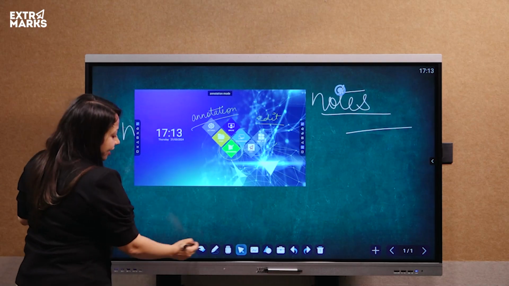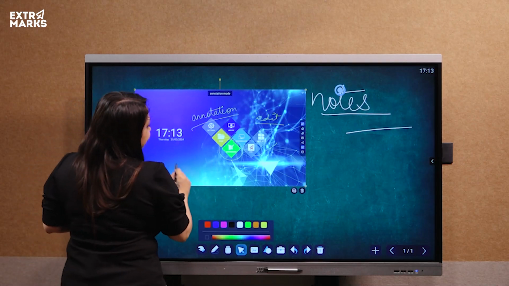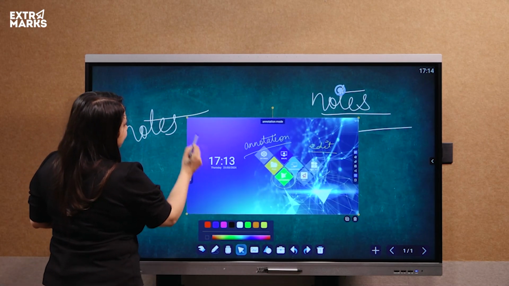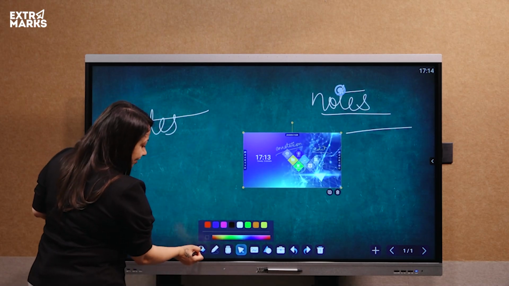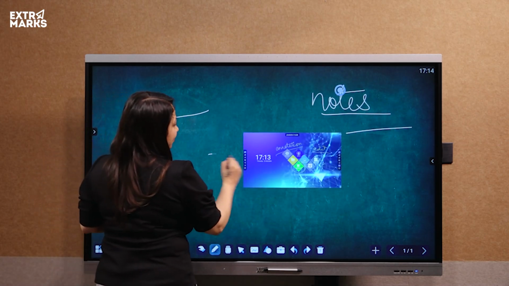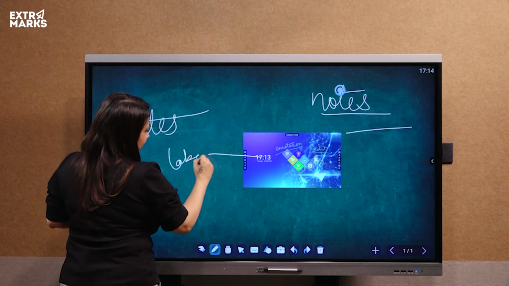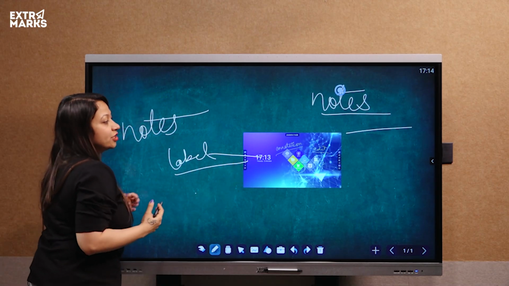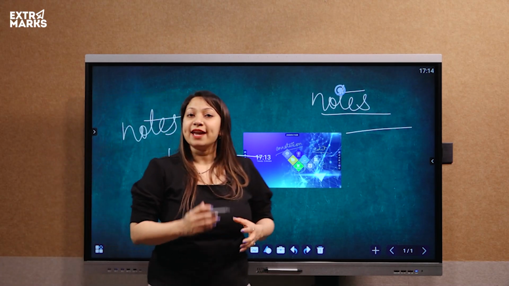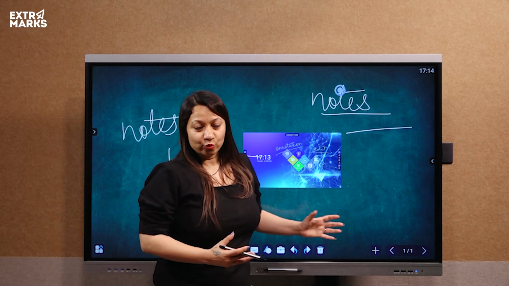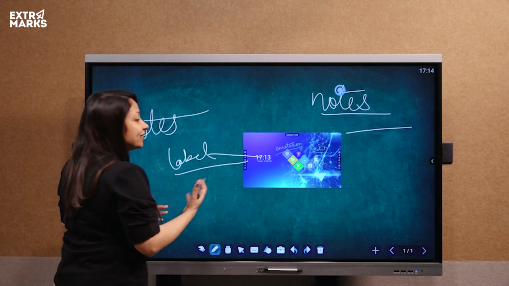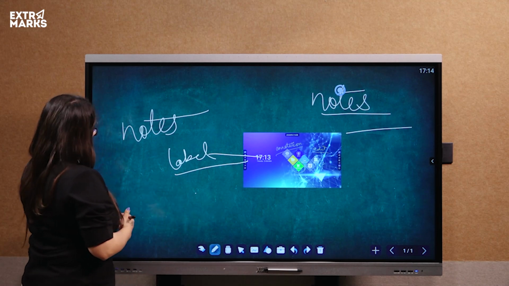So here I can further select it, modify it, resize it and probably label it. So this is how again I can take any image from any part of the LED and embed it on the whiteboard canvas. Let's come out of the whiteboard canvas now.